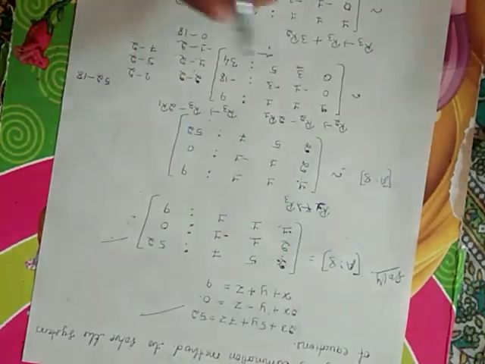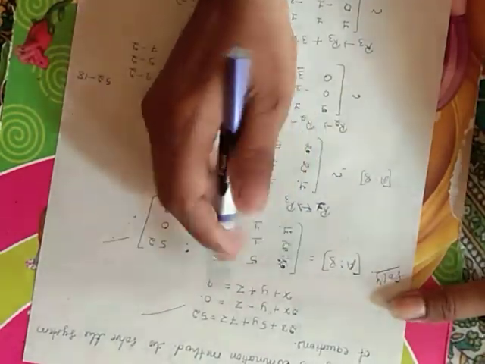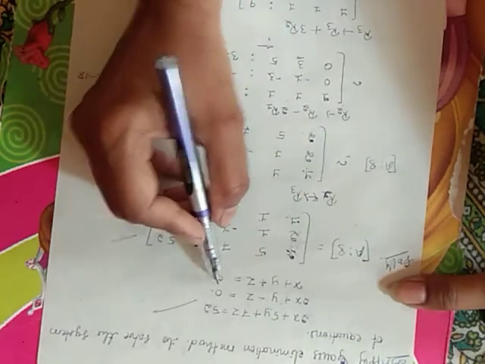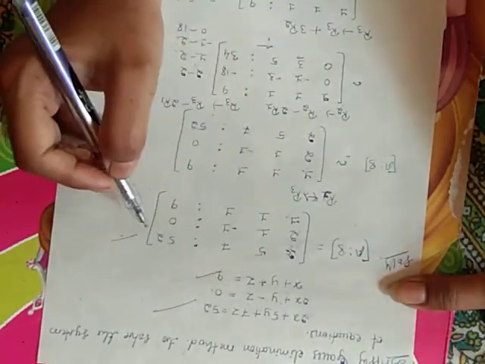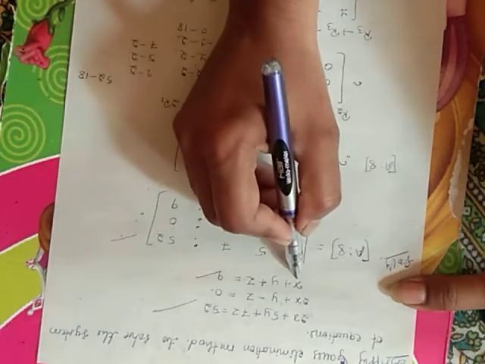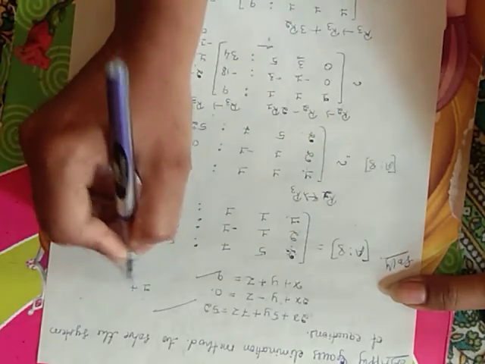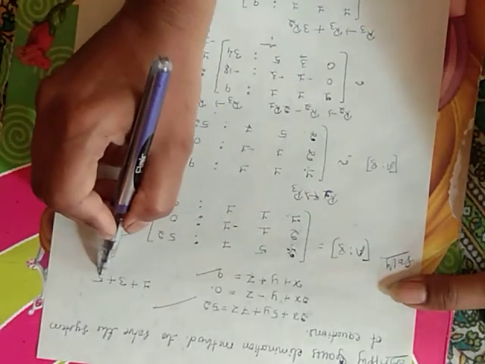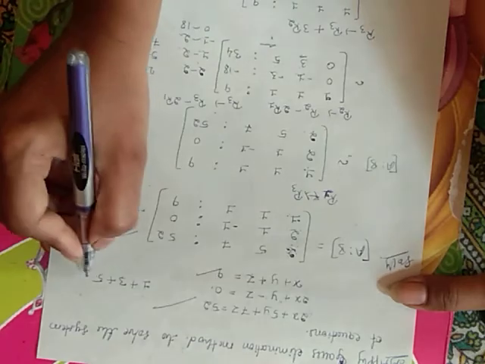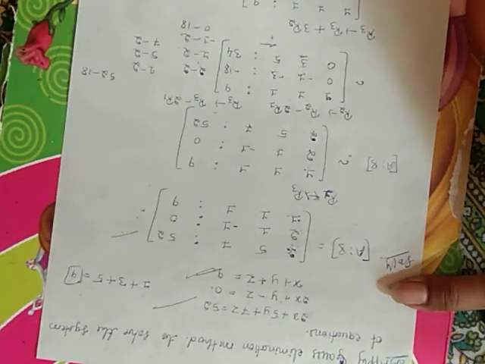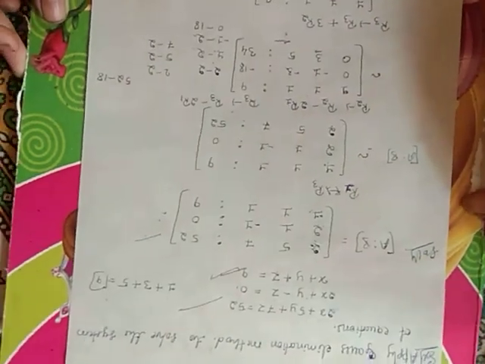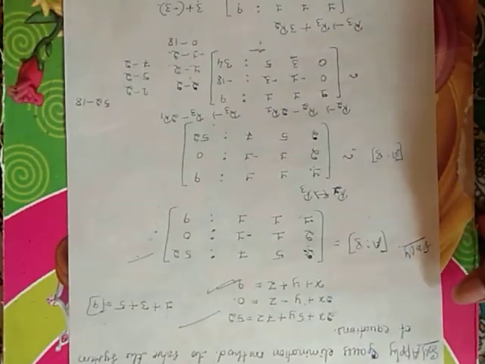So these are the values of the solution of this system of equations. For the cross check, we can substitute the values of x, y, z in any one equation. I am choosing this third equation because it is simple to simplify. So x equal to 1, y equal to 3, z equal to 5. 5 plus 3 is 8, 8 plus 1 is 9. So that is our RHS. So LHS must be equal to RHS, so the equations are satisfied. So these are the examples on the Gauss elimination method.